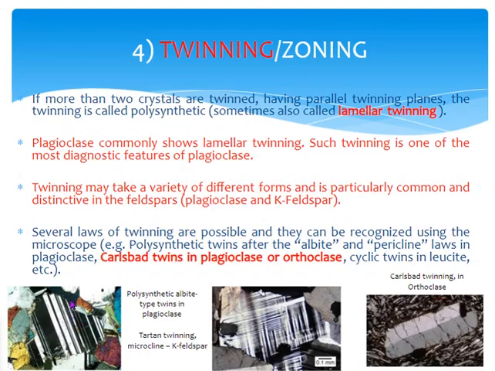Then twinning, here is the example of twinning. This is your polysynthetic twin in plagioclase. This is the distinguishing property of plagioclase, which shows polysynthetic twin or lamellar twinning. This is cross hatch twinning shown by microcline, that is a potassium feldspar. This is also a diagnostic property of microcline. This is Carlsbad twinning in orthoclase feldspar. This is also a distinguishing property of orthoclase feldspar.